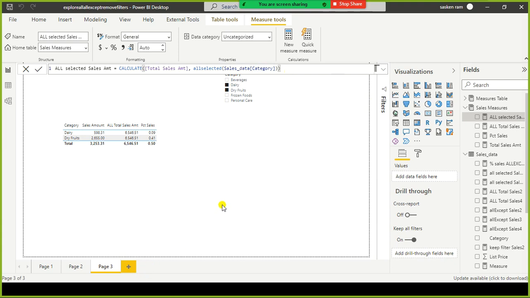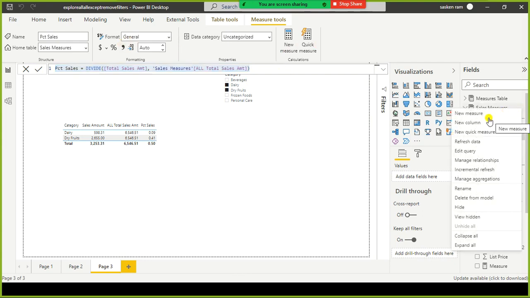Now I am going to create another measure to compute the percentage of sales. I just copy paste it and create a new measure.